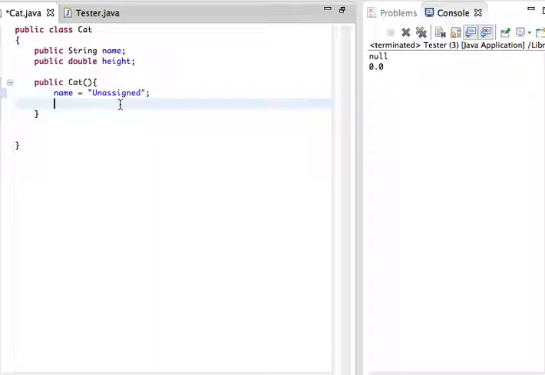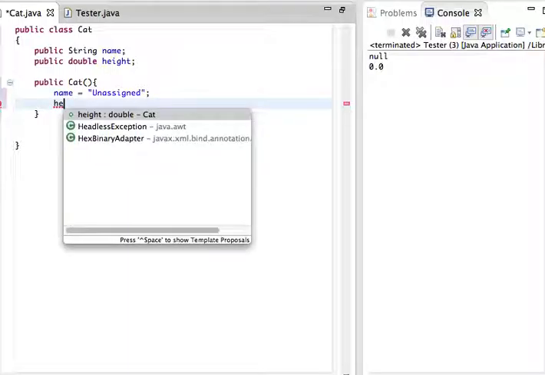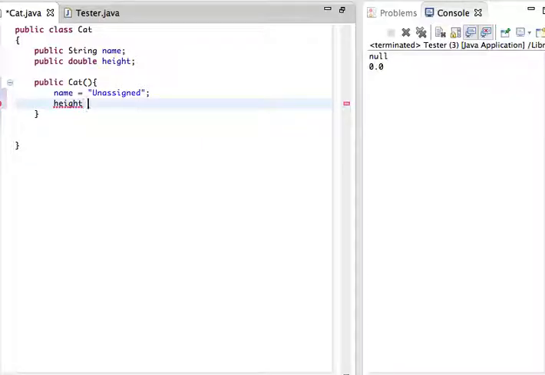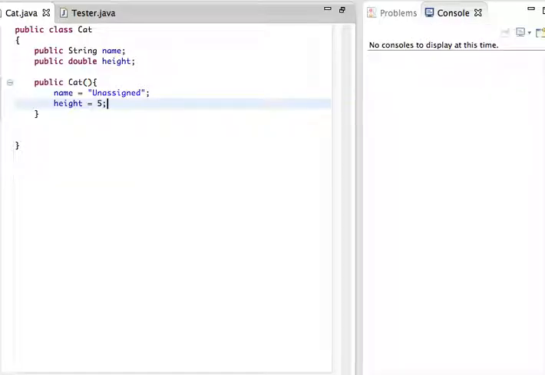So let's say a cat might be 5 inches. So we say height equals, let's say, 5 inches. Okay, so if I run this,